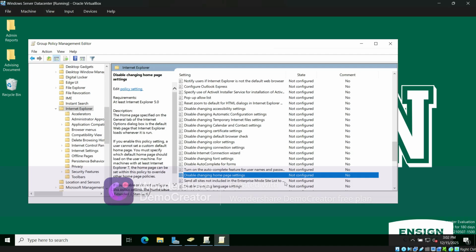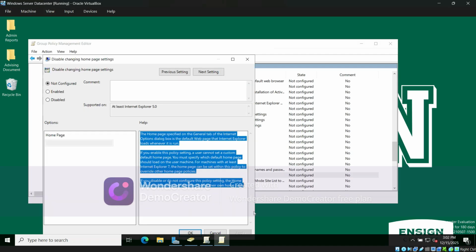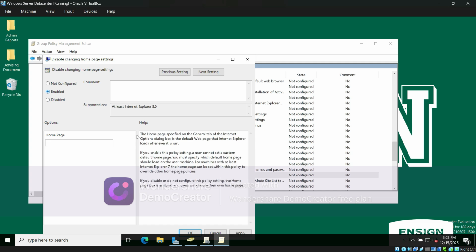In the Internet Explorer, we go to the disable changing home page settings. We click on edit, then we click enable. We put the home page here, we apply, then we click OK,